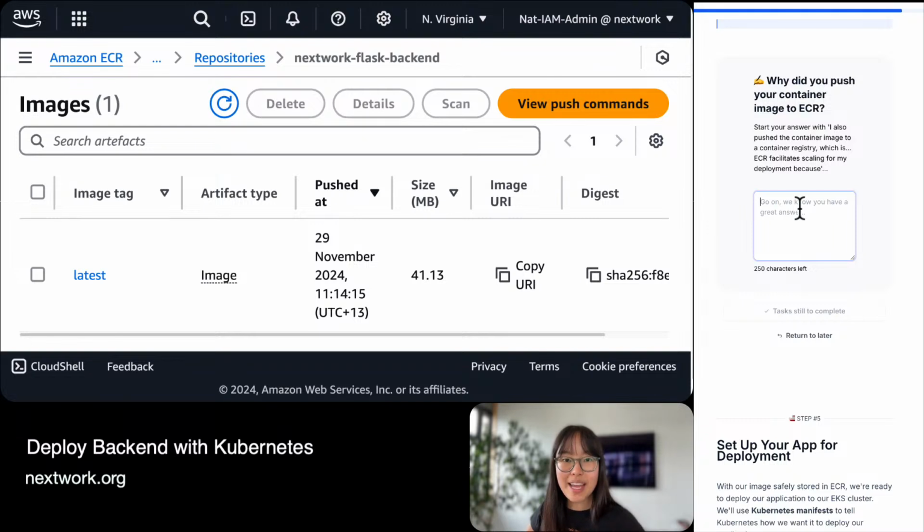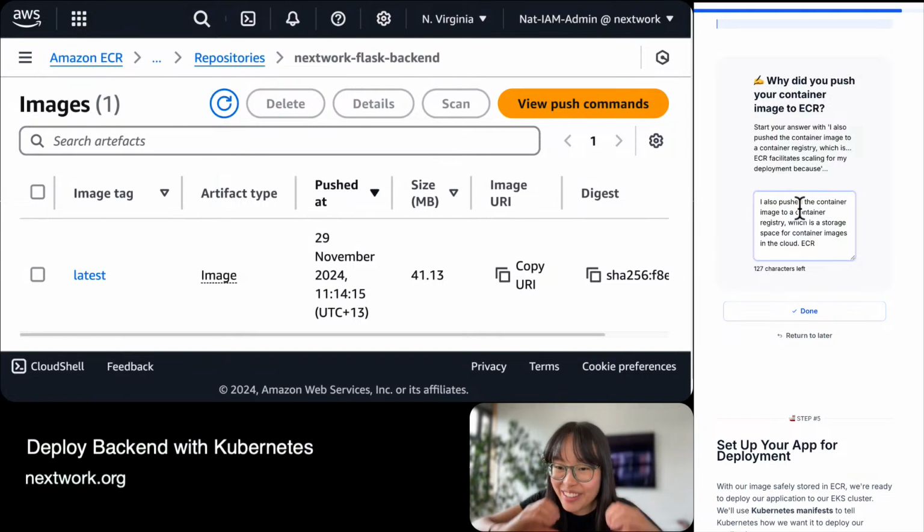Okay, so with that done, let us answer this final question. I also pushed the container image to a container registry, which is a storage space for container images in the cloud. ECR, Elastic Container Registry. I had a mind blank there. I don't know if you caught that. And thank you so much for everyone in the chat for chucking some lovely emojis to let me know we're going well. Okay, so ECR facilitates scaling